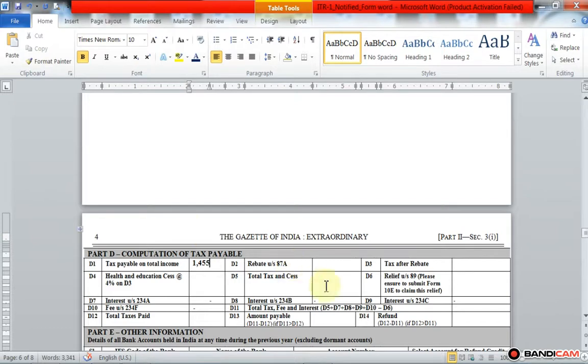Okay, then rebate is already given, that is the amount of tax free amount is considered as rebate. Then rebate, tax after rebate 1,455. Okay, then